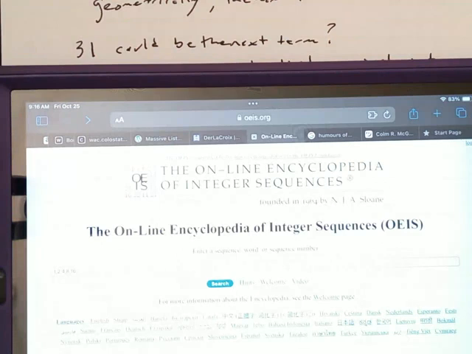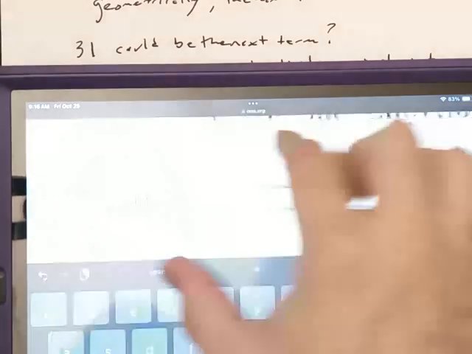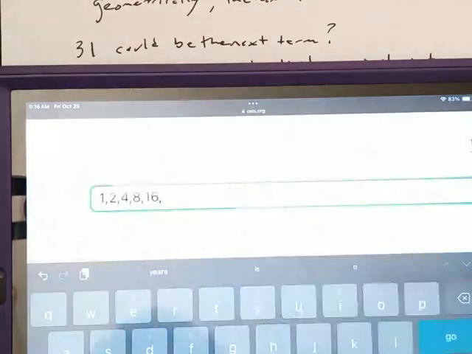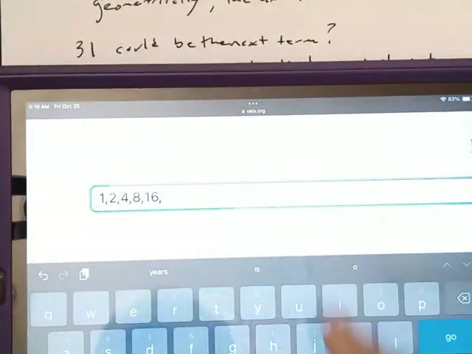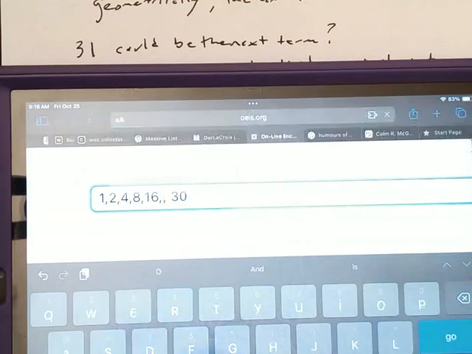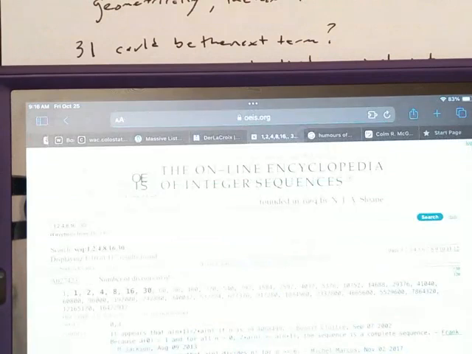oeis.org. I kid you not, people have been looking for series long enough, they've built an encyclopedia of them. OEIS, the Online Encyclopedia of Integer Sequences. If you want to know where a particular set of numbers comes from, so if I put in 1, 2, 4, 8, 16, and I make the next number 30, well, it tells me right there,